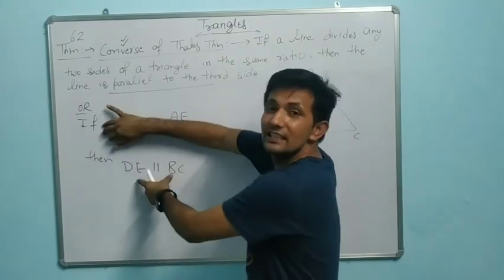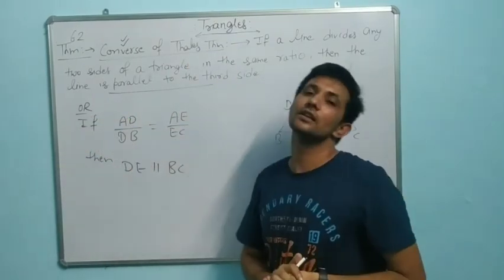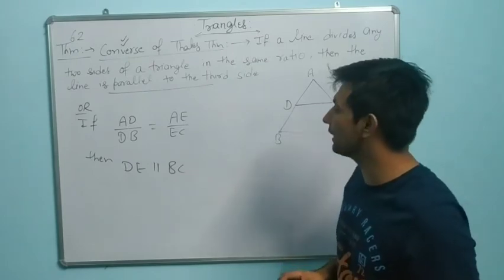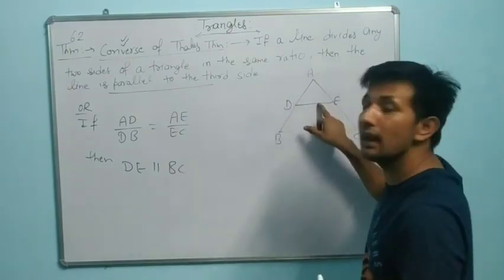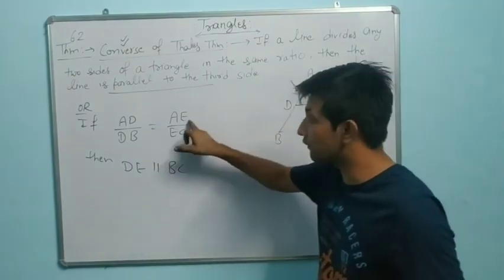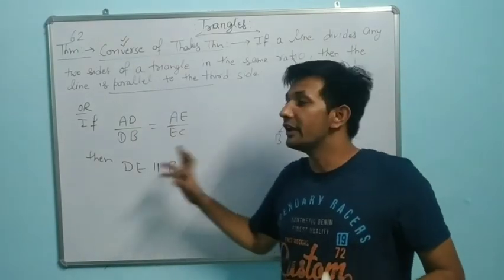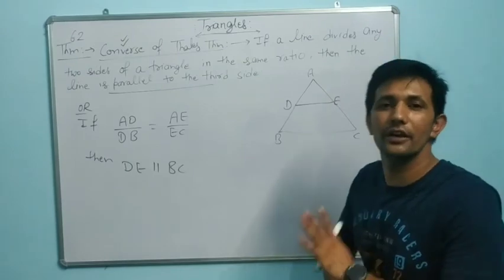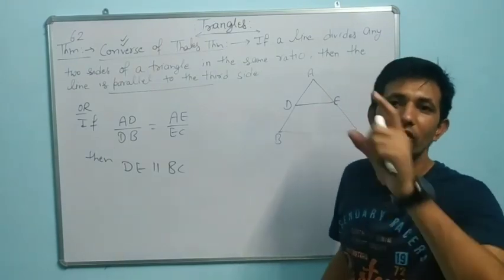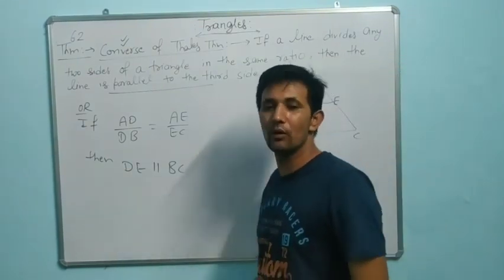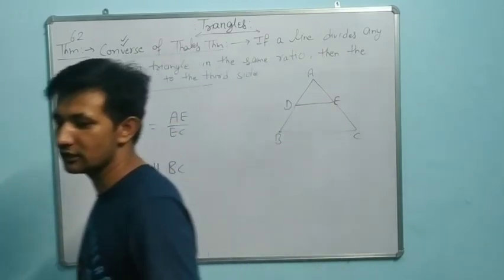If the line is parallel, we use Thales theorem. So always remember dear, if the line is parallel, then the ratios are the same. If the ratios are the same, then the lines are parallel. Understand? If you remember these two points, this exercise is very easy dear. Please note it down and we will start our exercise. Look now.